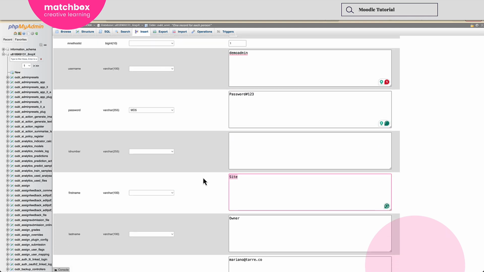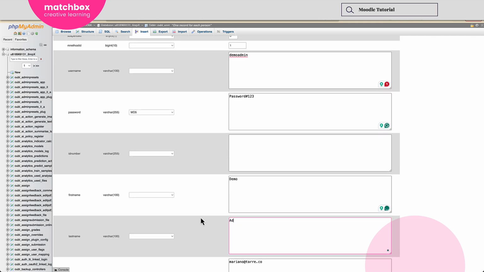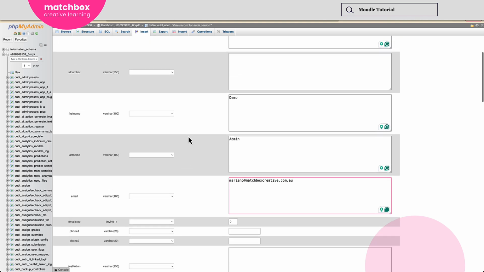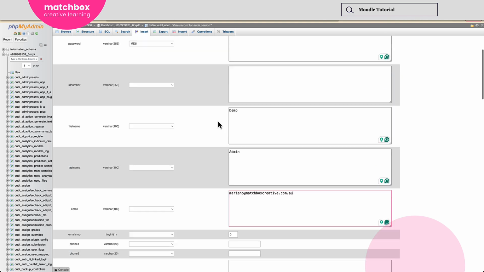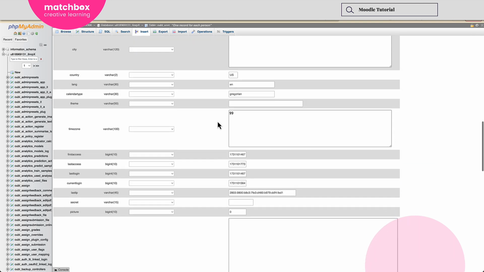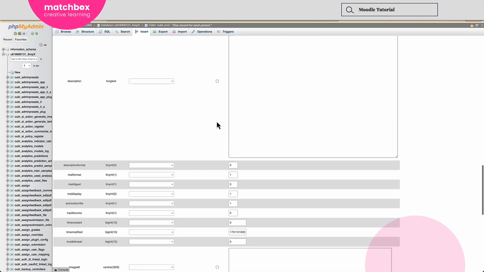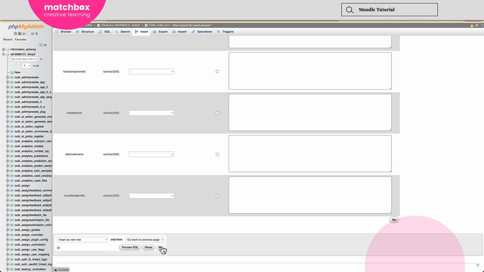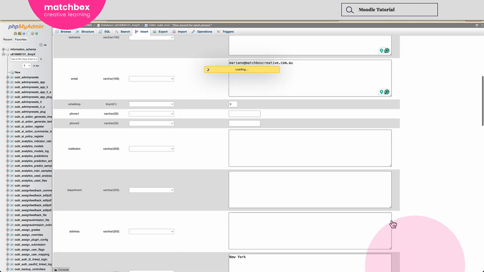We're going to use a first name that is going to be demo, and the last name is going to be admin. And we're going to add an email. I'm going to use this email. Again, this should be correct. The password may or may not work. We will test that in a minute. And leave all the rest as is again. Now, there's only going to be one important thing that we need to make note of, and it's when we click on Go,